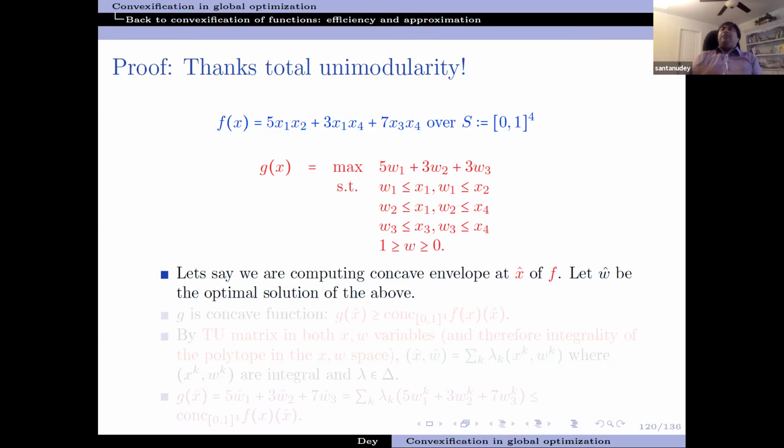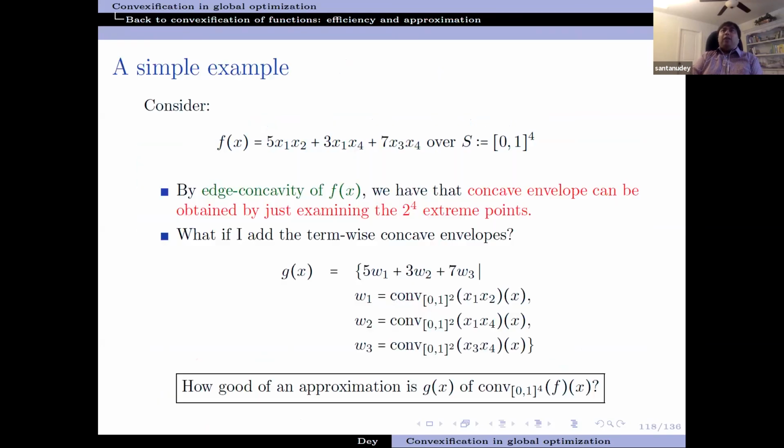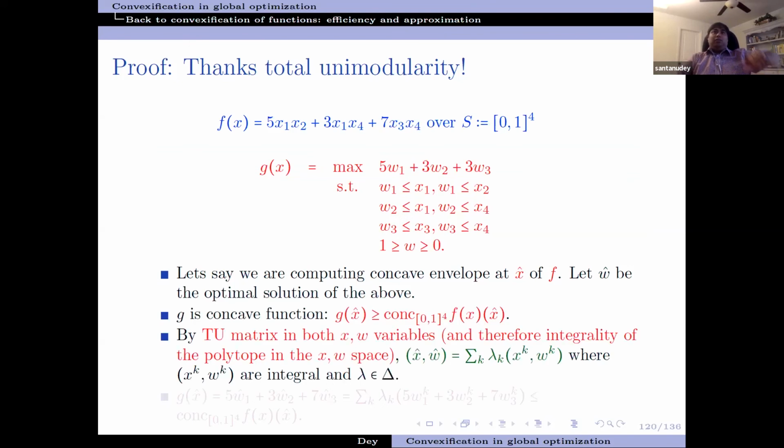And so now you see that when you're analyzing these functions, there are much more connections to IP in a very natural way. And so you can start asking more generally, what happens if the terms are not non-negative? And this is a statement only over the concave envelope. What about the convex envelope, which goes below the function? How good is that when these are non-negative? You can ask all of these questions, and there's a very natural way to pose them, which was posed in this paper